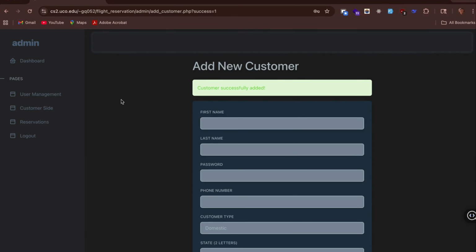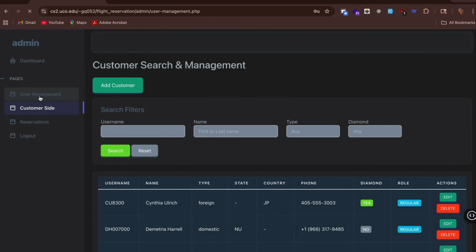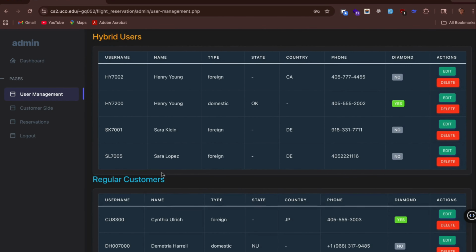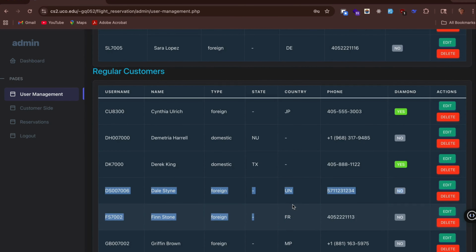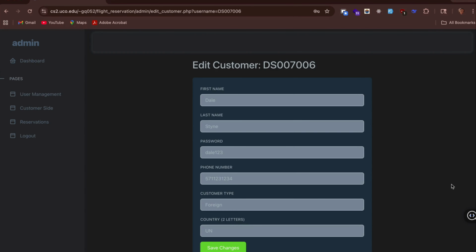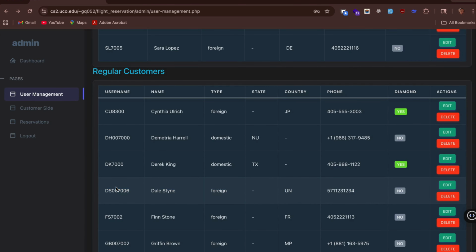I'll add the customer over here. The customer is being added successfully. If I go over here, I will see the user that I added recently. Now I can also edit this. I can go on edit and I can update the first name, last name, password, phone number, customer type, and the country. And regarding the username, as soon as we create a user from our admin side,